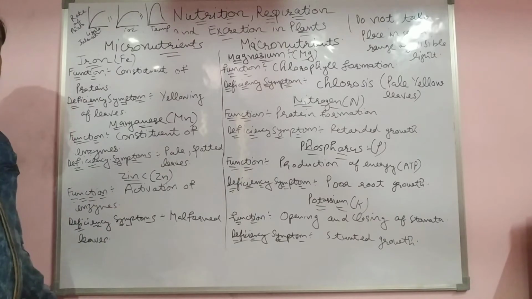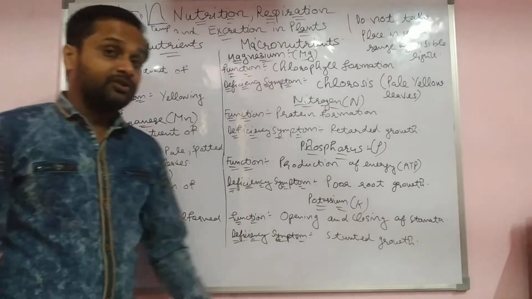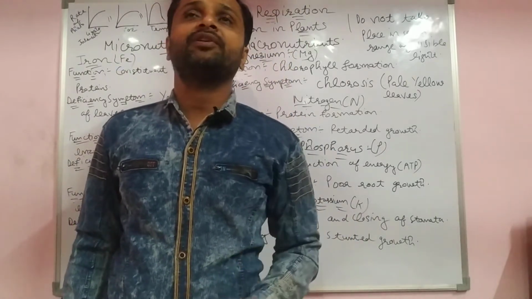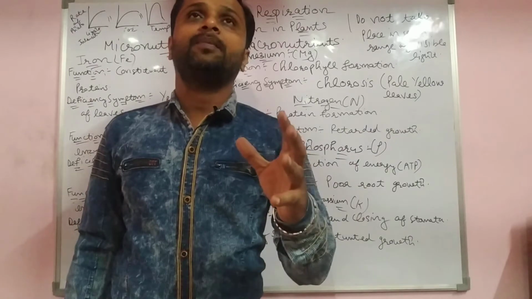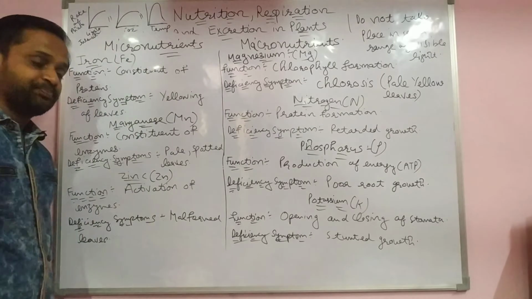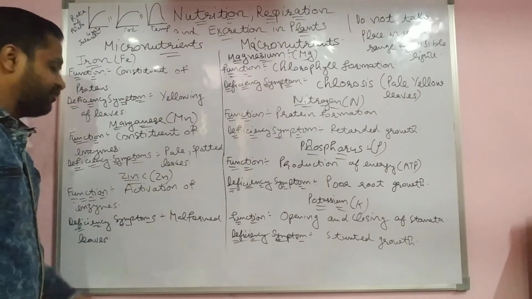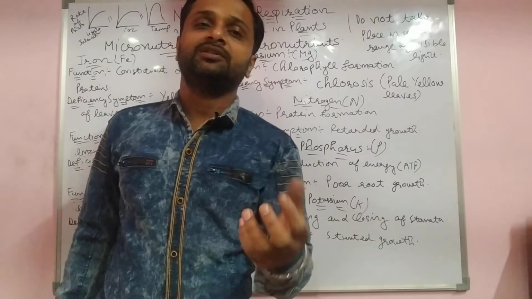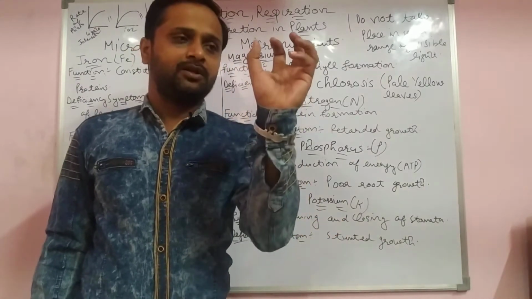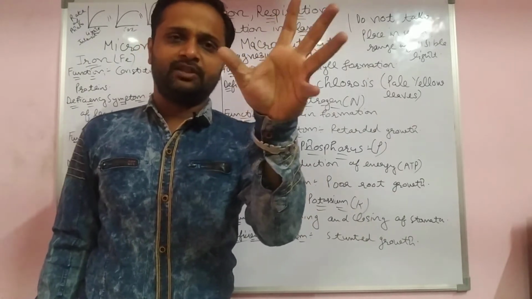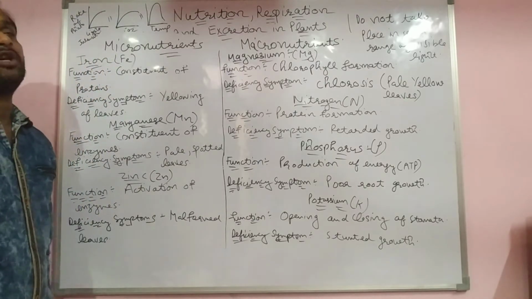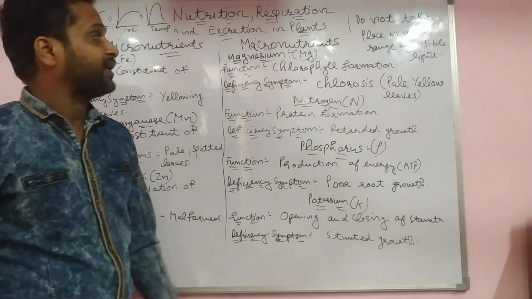Third one is zinc. Activation of enzyme. Zinc is what activates the enzyme. For example, if plants have an enzyme but it is not activating during the reaction, which is the main nutrient that activates the enzyme? Zinc, students. And the deficiency symptom: malformed leaves. Leaves become small, not properly grown, like contraction of the leaves. Yes, students. These are the micronutrients which plants require in less quantity.